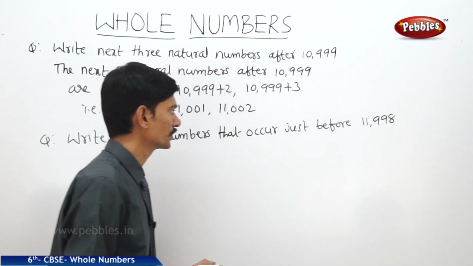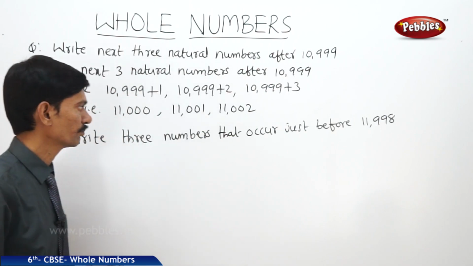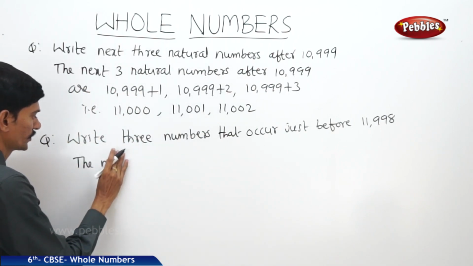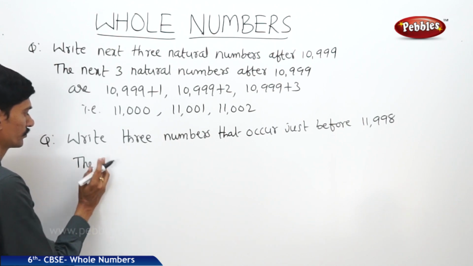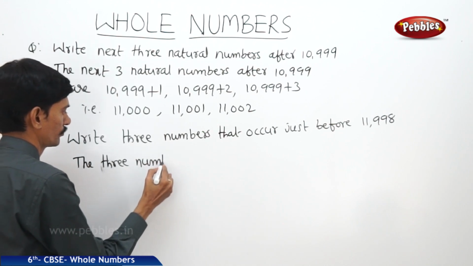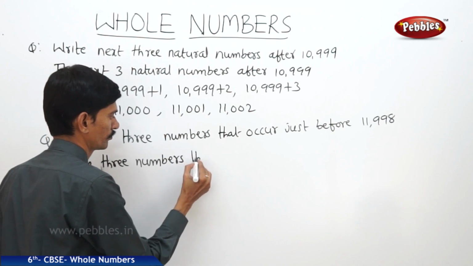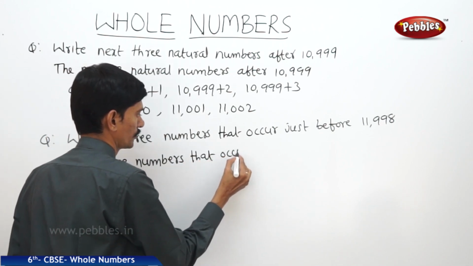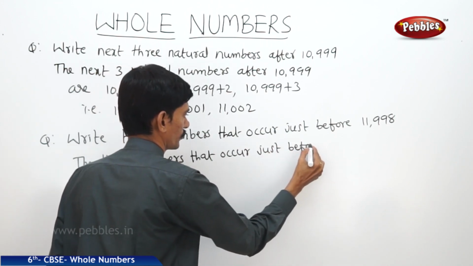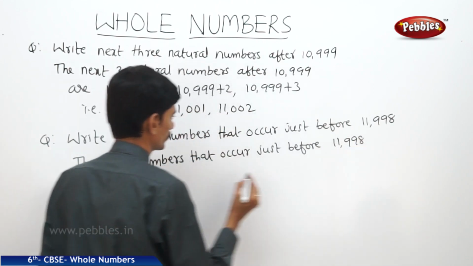So what are the numbers that occur just before 11,998? Now the three numbers that occur just before 11,998 are